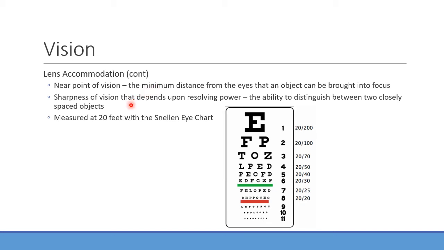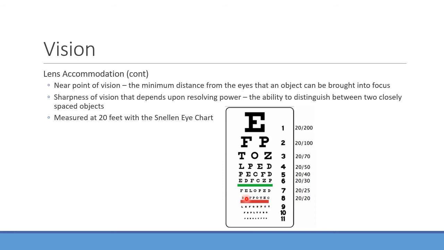And that sharpness, that resolving power, is going to be tested here as well, because if you're looking at smaller and smaller letters, they tend to blur together a lot. You lose the ability to really distinguish between them. Typically when you're checking visual acuity, you're standing 20 feet away from this chart. And so it's asking, what's the last line you're able to resolve well, that you can actually read and get correct? Ideally, when you have 20/20 vision, this is the last line that you should be able to read pretty well, right?